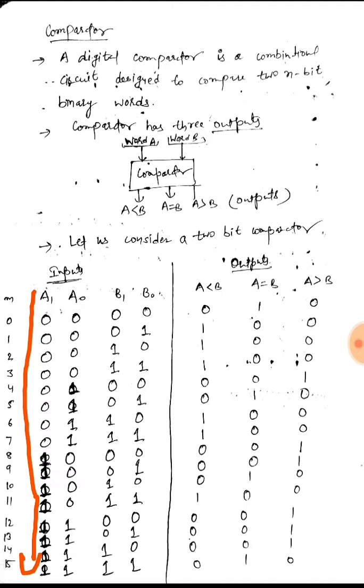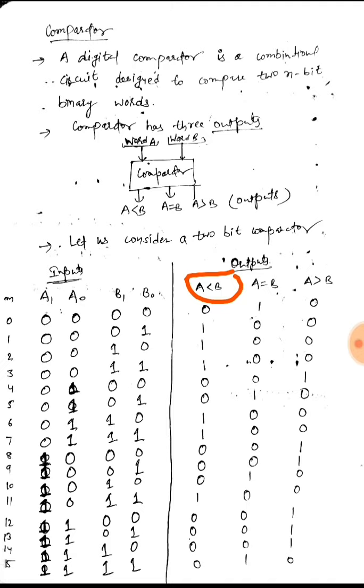For 4 variables we have 2 raised to the power 4, that is 16 possible combinations, which can be represented as minterms or product terms. There would be 3 outputs possible: A less than B, A equal to B, and A greater than B. So for A less than B,